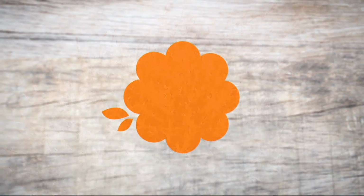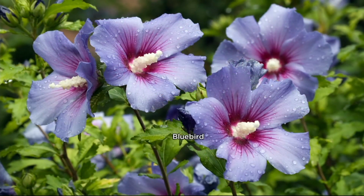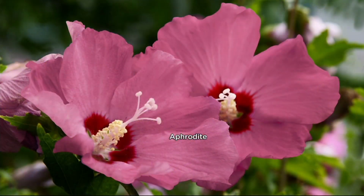And then also coming up, I cannot wait to talk about this. Oh my gosh, I'm such a fan of Rose of Sharon. I especially love the Bluebird, but this is actually the Dazzling Design series, so it's double delight. It's that beautiful